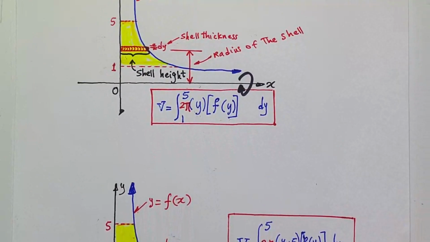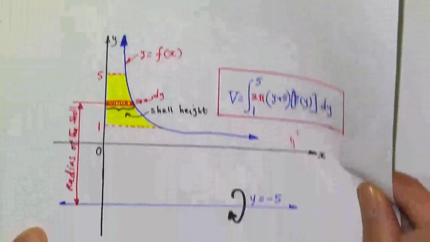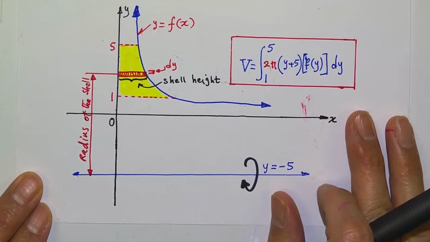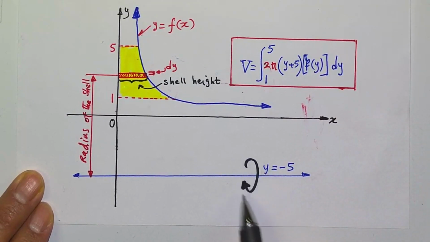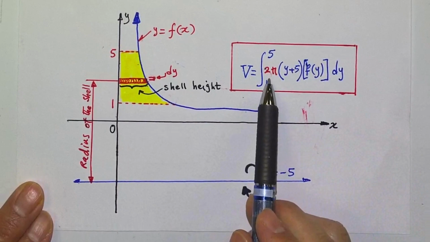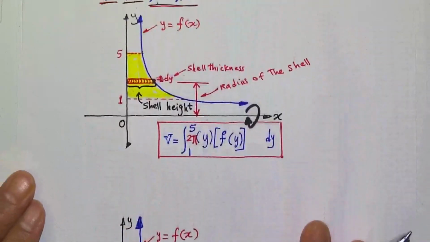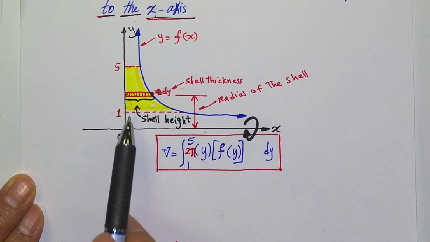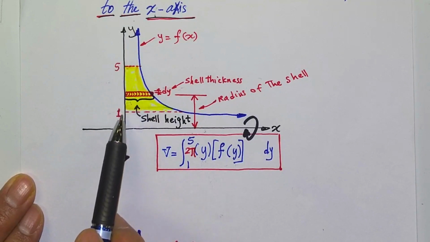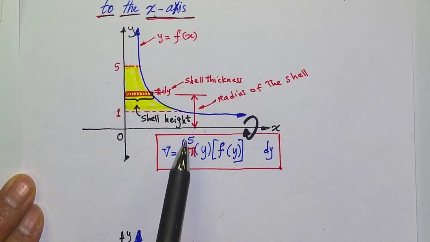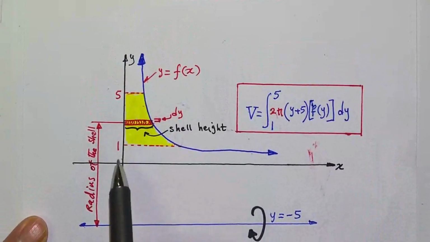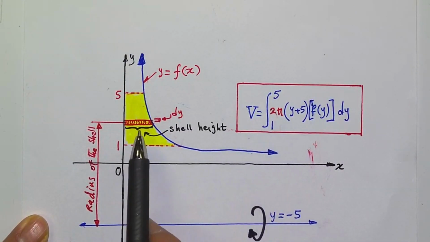Okay, so now that was when we have rotation about the x-axis. What about if we have rotation about an axis that is parallel to the x-axis? This one, right, denoted by this semicircular arrow. So for that, again, the 2 pi is already present. By the way, up here in the previous exam figure, the limits of integration are taken along the y-axis, from 1 to 5. Okay, so here we have the same limits of integration from 1 to 5, and the 2 pi is there,